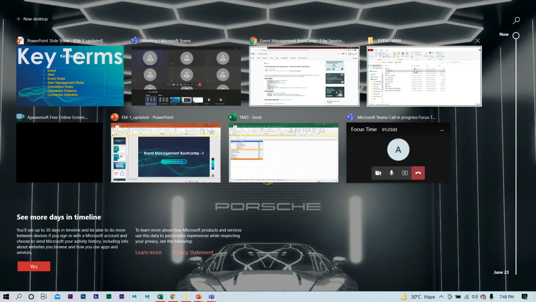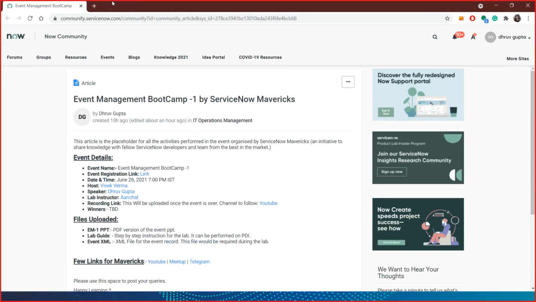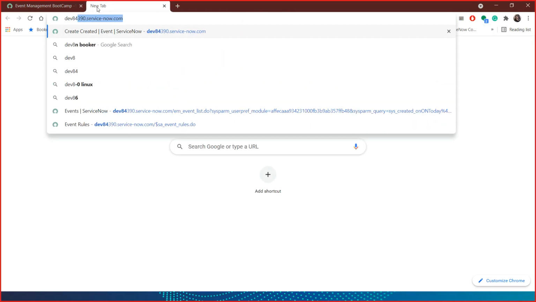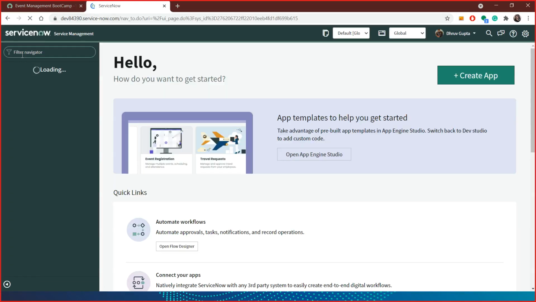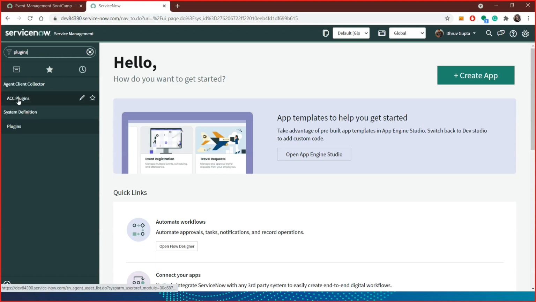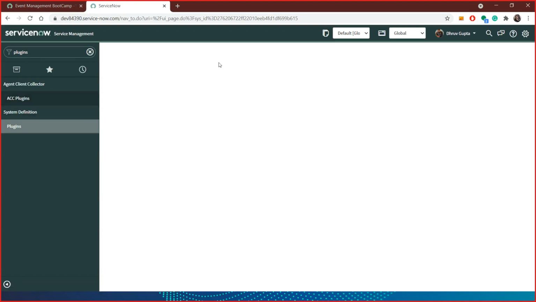Okay, so let me be on my instance. Actually, I'm on the Cubic release, so it might be that they have clubbed some of the plugins. But if you're on Polaris, just search for event management.